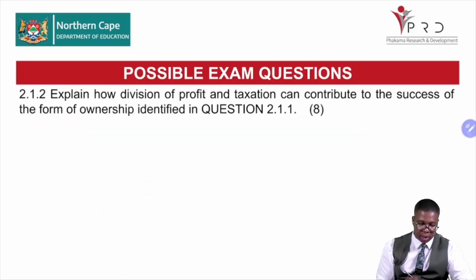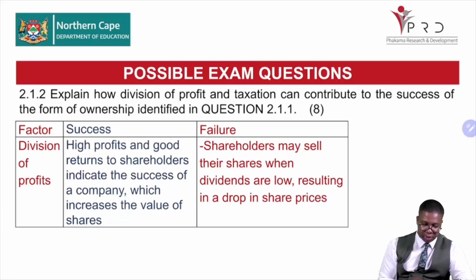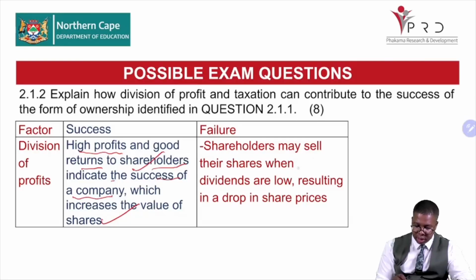Then we move to the solution again, division of profit. How will profits be divided? And how will this contribute to the success? That high profits and good returns to shareholders indicate the success of a company, which will increase the value of shares. That's correct. But the failure is that shareholders may sell their shares when dividends are low, resulting in a drop